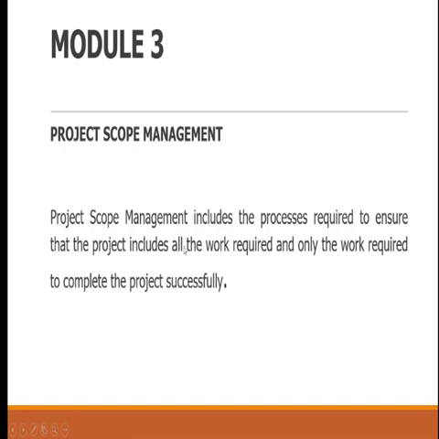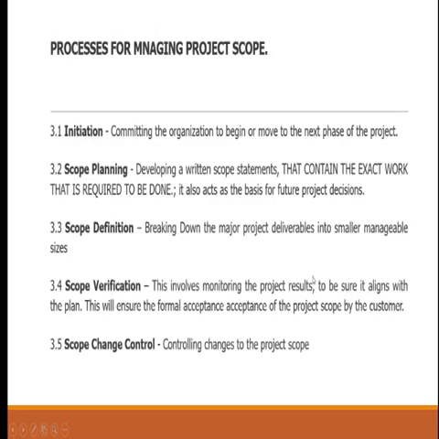So let's quickly look at it right now. What is project scope by definition? It means the process by which all projects must include all the work required, and the only work required, to complete your project successfully. Underline the word only. Look at it here. Only is very key. You can't be a jack of all trades and master of none. For every period in your project, you must focus on a particular part of the project, ensure it is completed, then you can move on to the next phase. Do you understand that? Okay, let's quickly look at the next one.